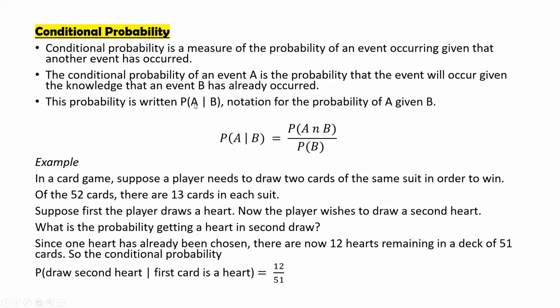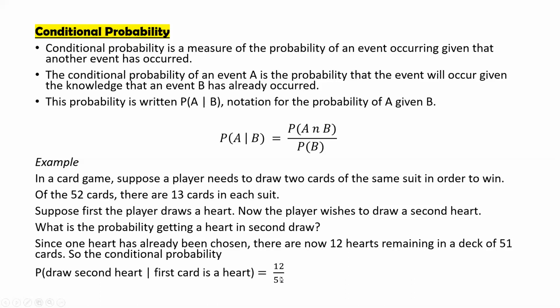So the probability of A given B is how we count. The first card drawn is already a heart. You need the probability of the second also being a heart. Because you have one heart in hand already, you did not put it back in the deck. So the total cards inside the deck is 51 right now. And because one heart is in the hand already, it's no more 13, it becomes 12 only. So the probability of getting another heart the second time is 12 over 51. So this is the answer.